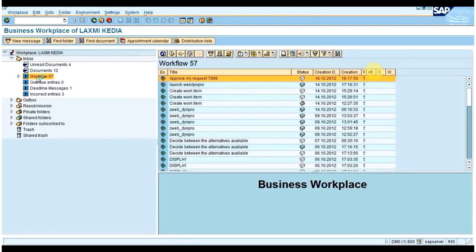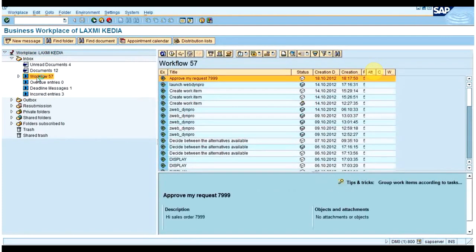Next we have the agent section, where you can see the agents. If you click on it, the agents will appear, but since it has completed, we cannot see the agents. I will show you once I execute it again. I will show you how you can see the agents.